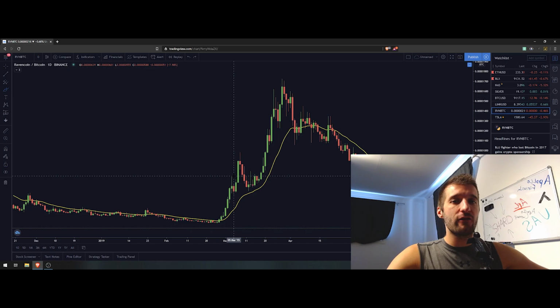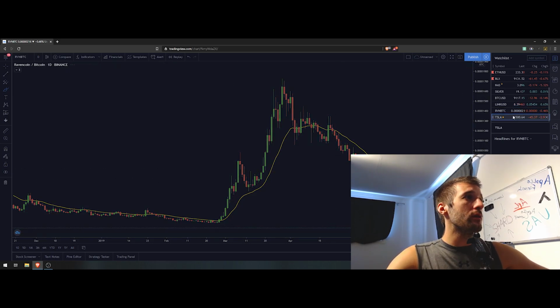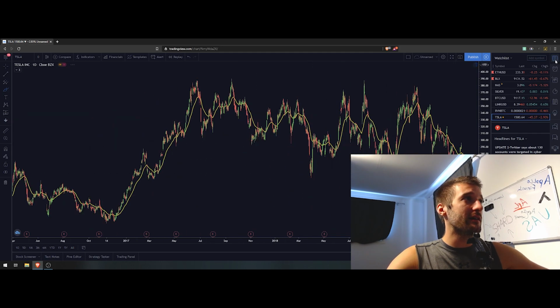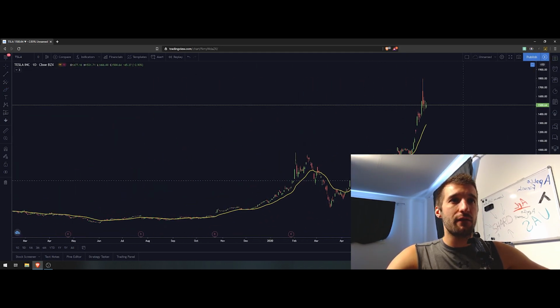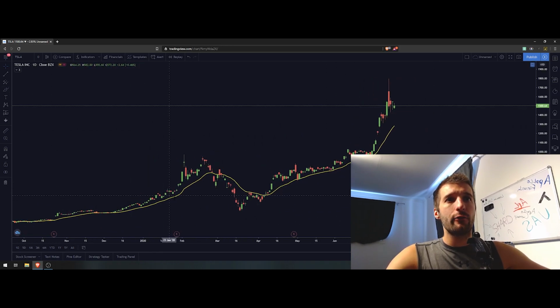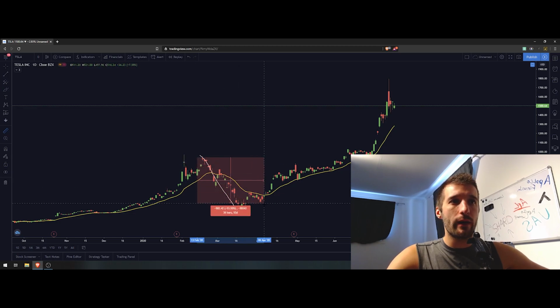So be careful, because Chainlink is forming the same chart. If we switch on one very interesting chart, and that's Tesla, what you can see in Tesla over here is the same thing that happened. We never retested the 20 exponential moving average after 31st December. We retested it next time on 26 February, and what happened? The retest was so violent that it broke the 20 exponential moving average and went all the way down to 63%